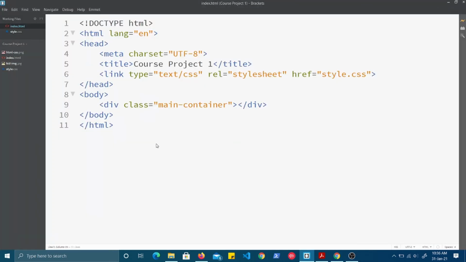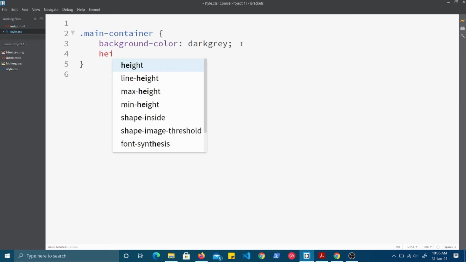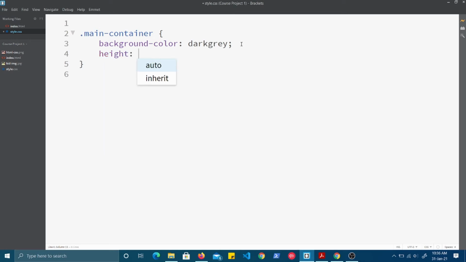Actually, it is not appearing yet because this div is not yet visible, because this div is a container. Unless and until you have content in the container, it will not take a size. It will take the size only when you give content within it, or you have to specifically define the size. So I can go directly into the CSS block and say height. Now, as we have learned, viewport height: 100% viewport height if I want to take it by this container.